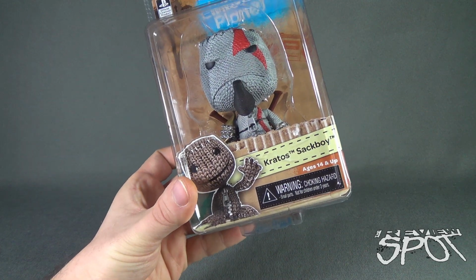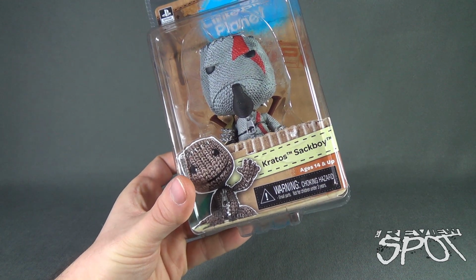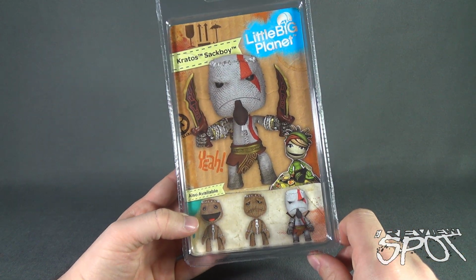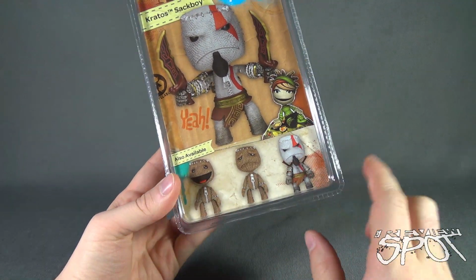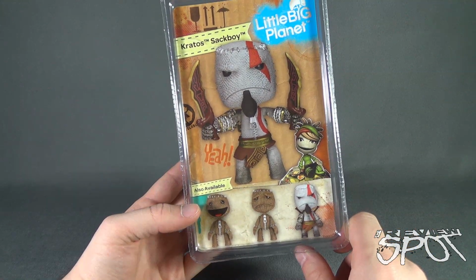Down below, there's a picture of Sackboy. Happy Sackboy, unlike the poor, sad Sackboy that we already had a look at. Recommended for ages 14 up. This comes to us from the folks over at NECA Toys. Back of the package features Kratos Sackboy, complete with his blades. Also available, there's Happy, Sad, and Kratos. To check out more from the folks over at NECA Toys, you can go to